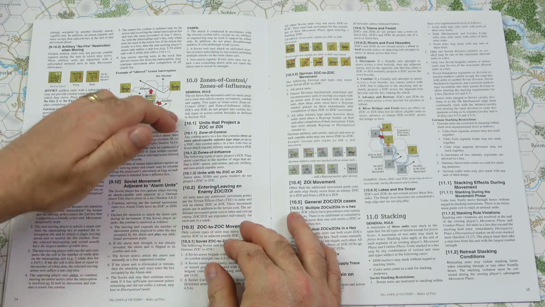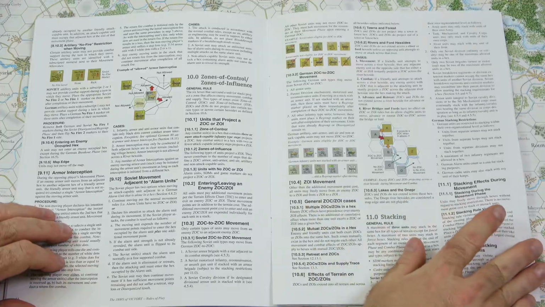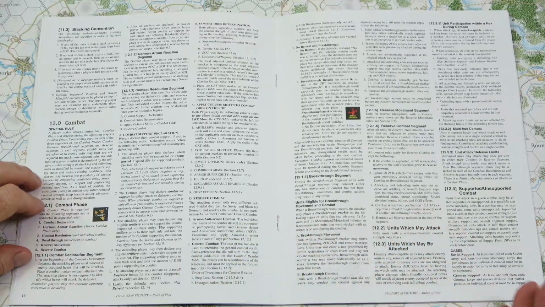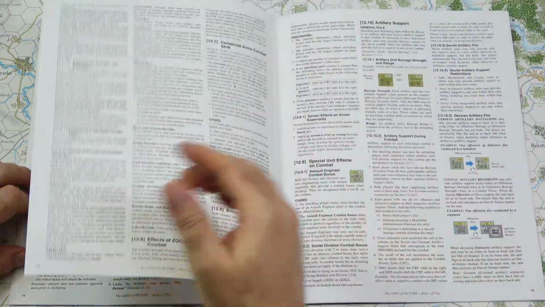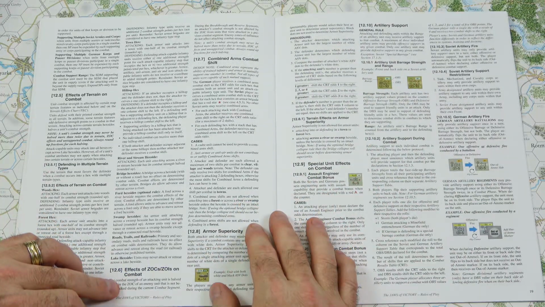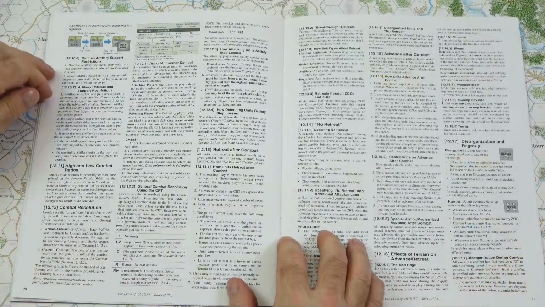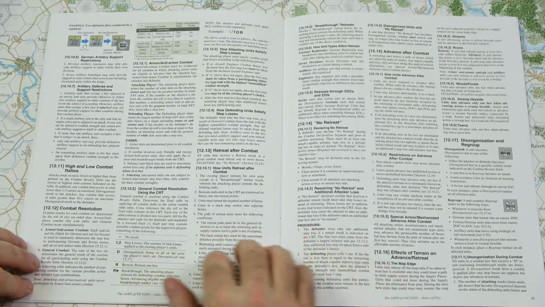alarm units, zones of control, zones of influence, how those are handled in the game, along with a couple of illustrated examples. Then we get the stacking convention, combat, all the steps involved in combat, breakthrough, units that can and cannot be attacked, supported, unsupported combat, effects of terrain on combat, effects of ZOCs and zones of influence on combat, combined arms combat shifts, special unit effects, artillery support restrictions, high-low combat ratios, combat resolution, how that's all handled, retreating